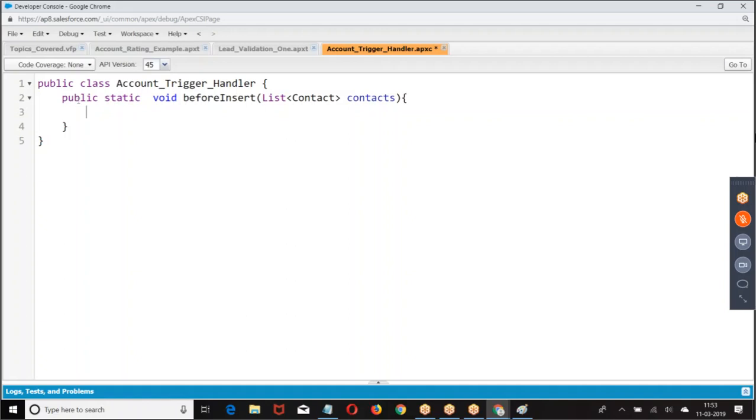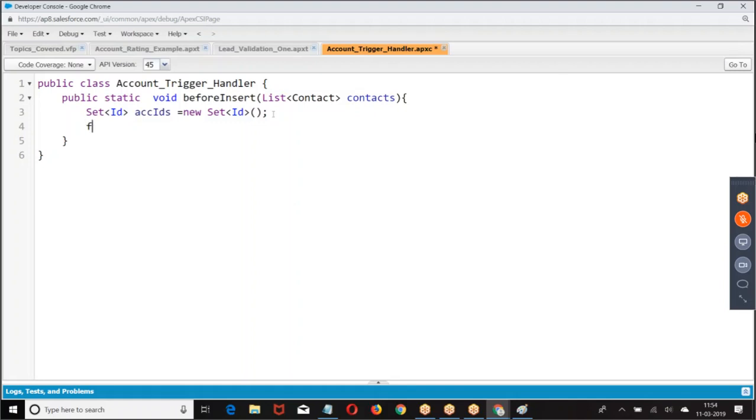Now, first take the list of account IDs. I will take a set.